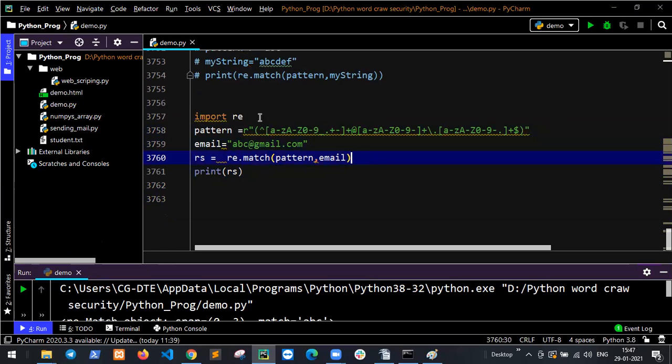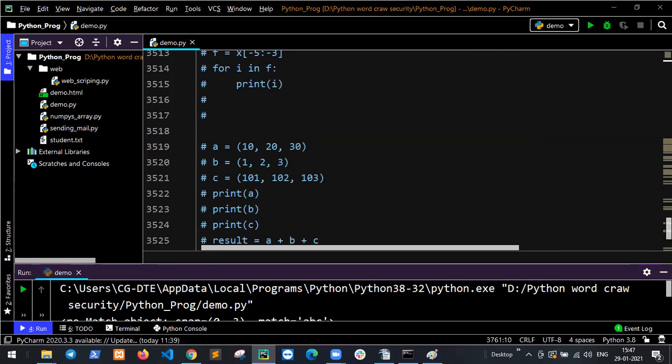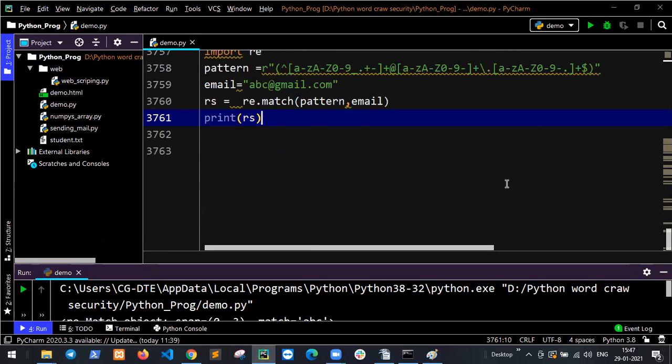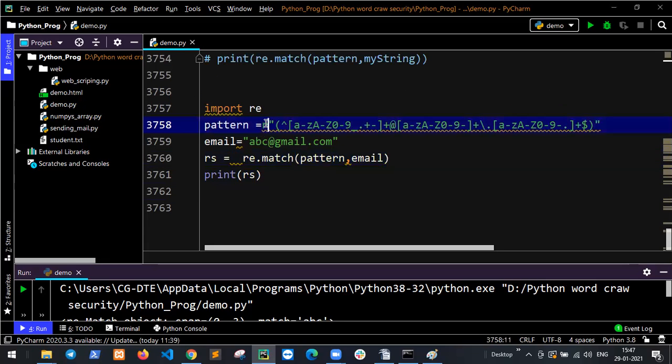First is import re, then my pattern. R is the starting point, and this is my pattern.